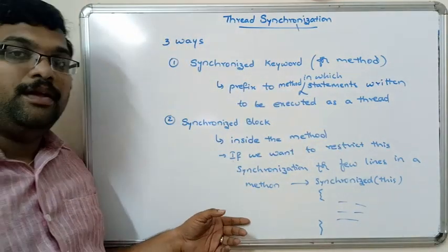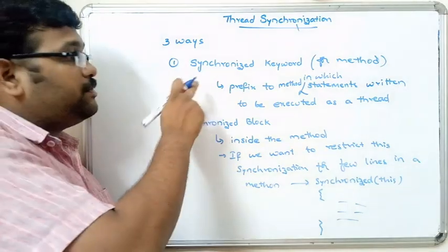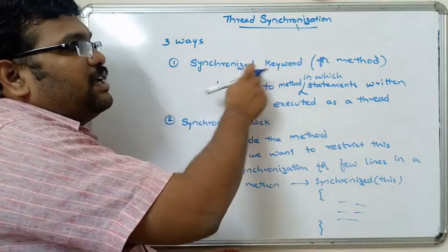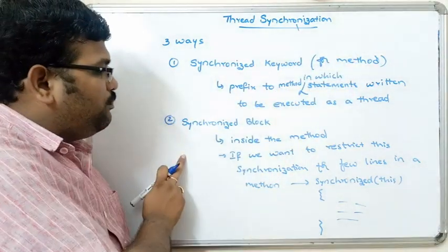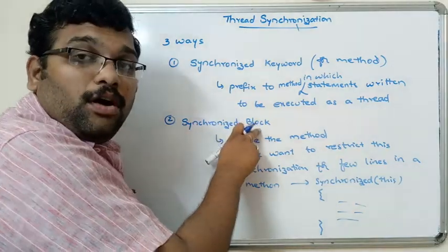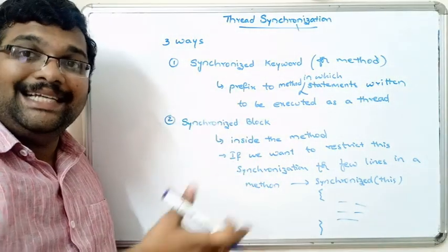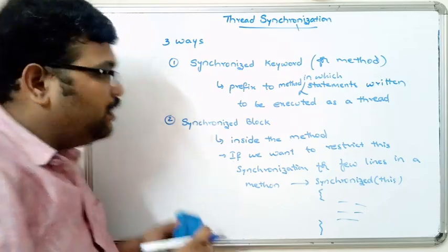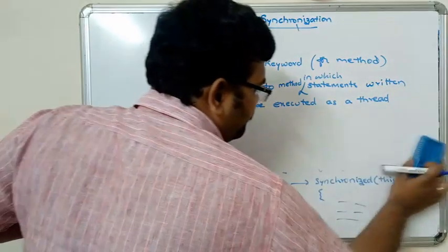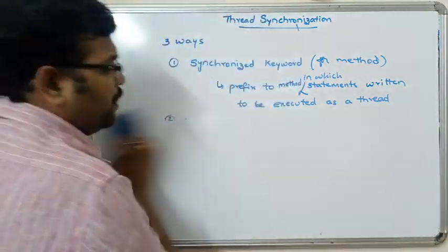Hope you understood. The first procedure is using the synchronized keyword for a method. The second one is applying the synchronized block for a few lines inside a method. Now the third approach